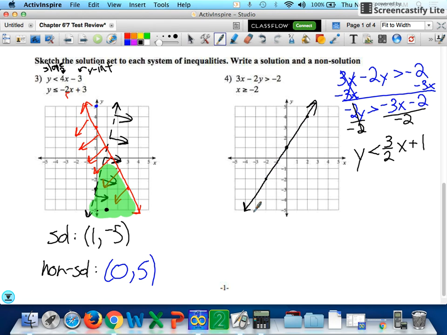And then I check. It was just a less than symbol, so I need a dashed line. Now I'm ready to shade. This says less than, so I'm shading everything that's less than or under my line. If you didn't flip your sign, you're going to shade the wrong side and you're going to get the wrong answer. You've got to be careful with